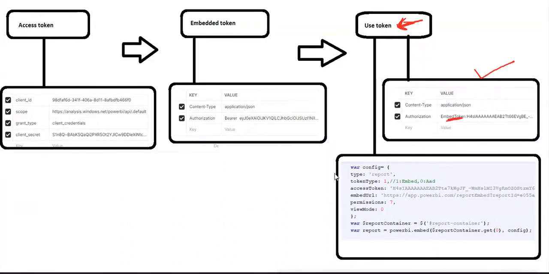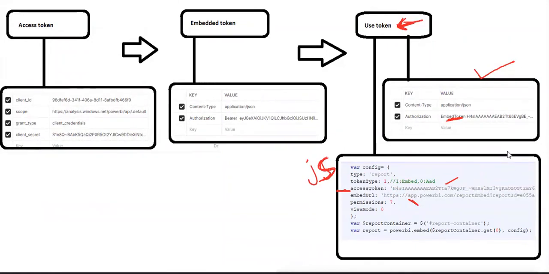And this is a .js file, okay. So in that .js file we will use this embedded token. As you can see here, okay, this is the embedded URL, and this is the access token. It is not actually the access token, it's actually the embedded token. Keep in mind, this is the embedded token, okay. This is not the access token,